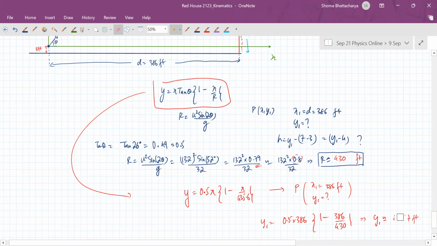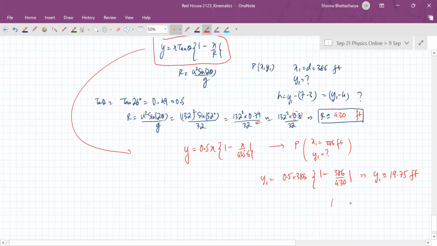Significant difference to the value of y you will see. Yeah, so we'll get y1 as about 19.75 feet. So now you can see that the distance by which he misses is actually that y coordinate minus 4 feet. So it is about